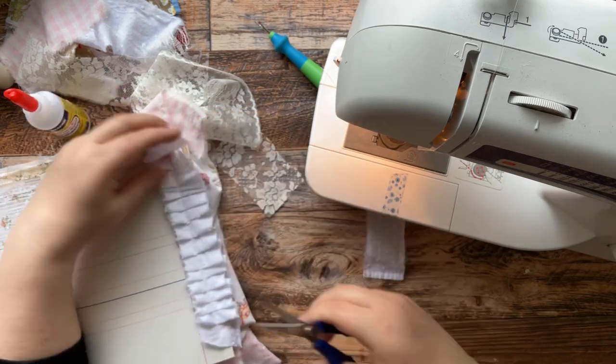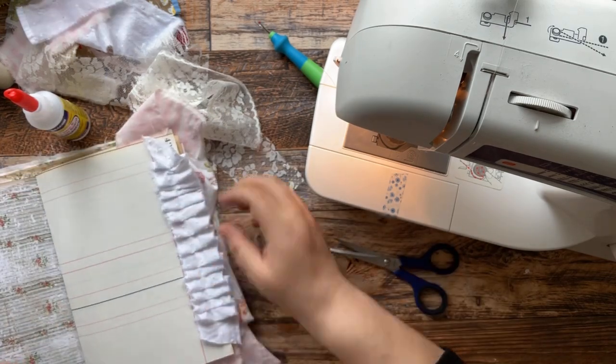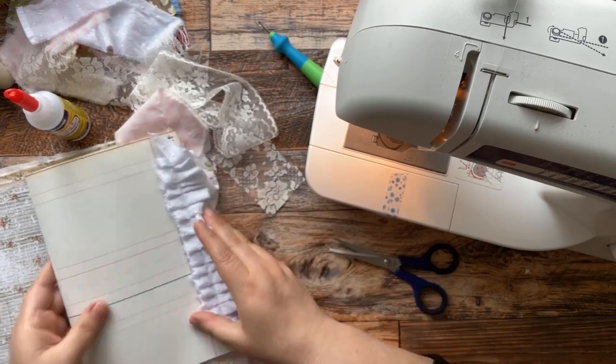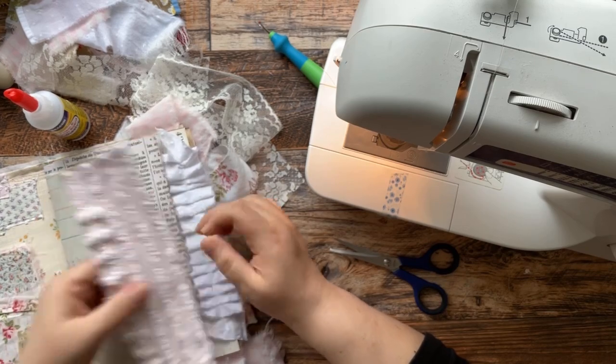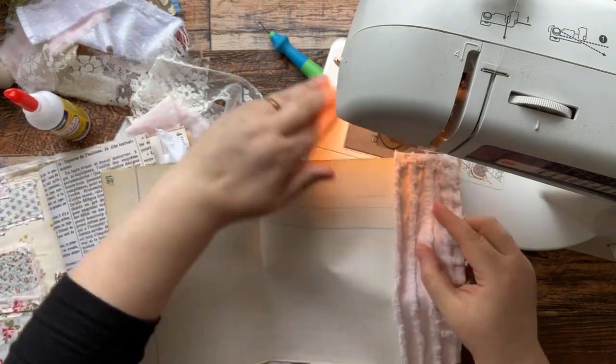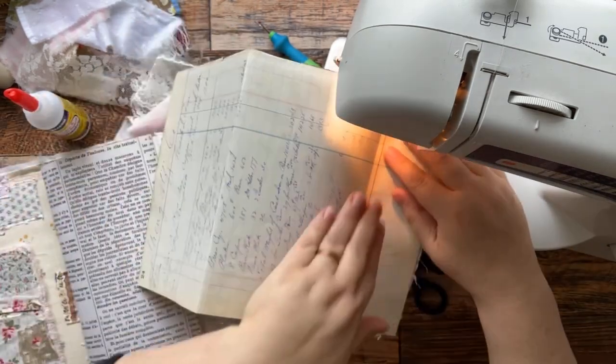And I tend to angle these a lot. Sometimes you can do them straight. You don't have to angle them. I kind of like the look of it, I guess. And I'm leaving a lot of my threads kind of in this because I just feel like that's the